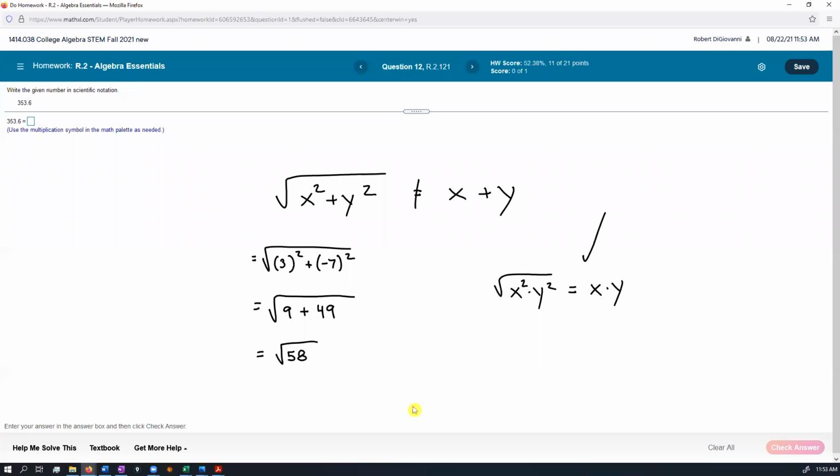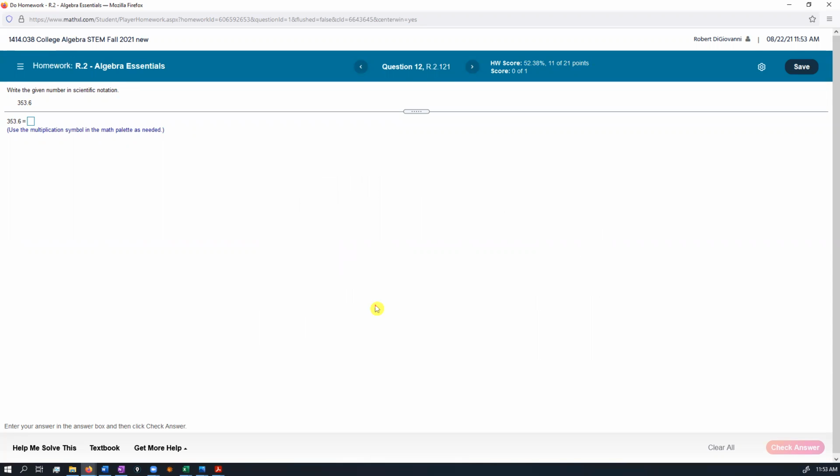All right, next question. What the heck? Write the given number in scientific notation. All right, so we have the number 353.6. And the way we do scientific notation is we always want to move the decimal point over so that we have 1 digit to the left of the decimal place. So when we move this 2 places to the left, that means what we're going to do is we're going to write